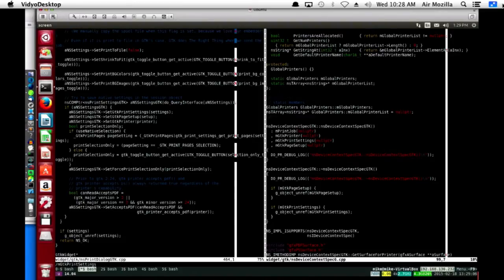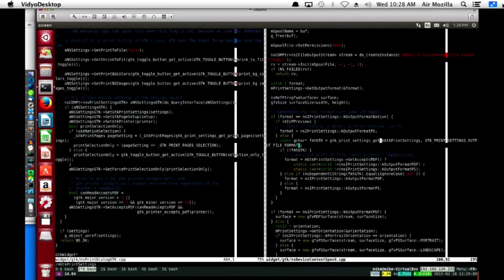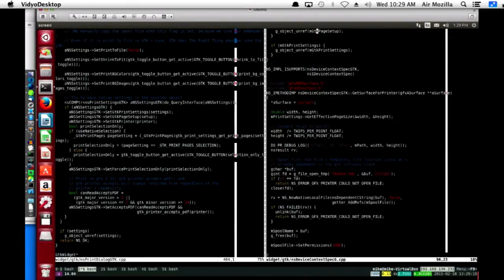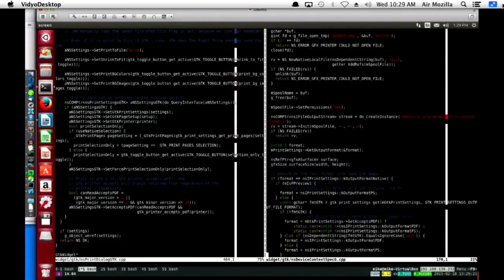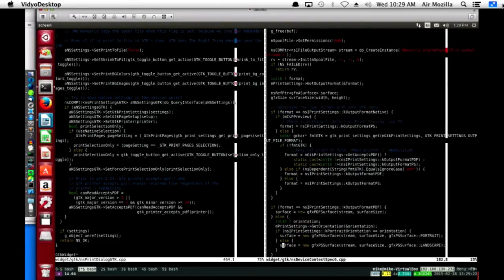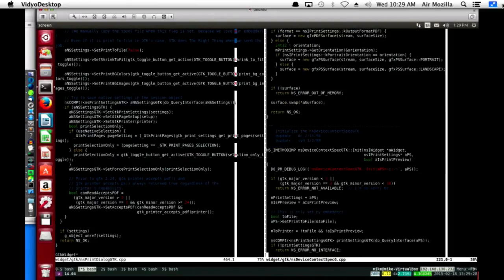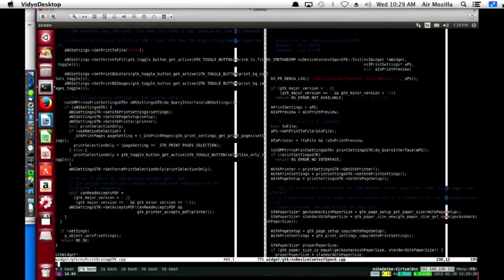Oh, you know what? It's because it's not one of our special, it's the actual GTK print settings. It's not our print settings. We should be using M print settings, not GTK print settings. Got it. So, where is it? Accepts PDF.